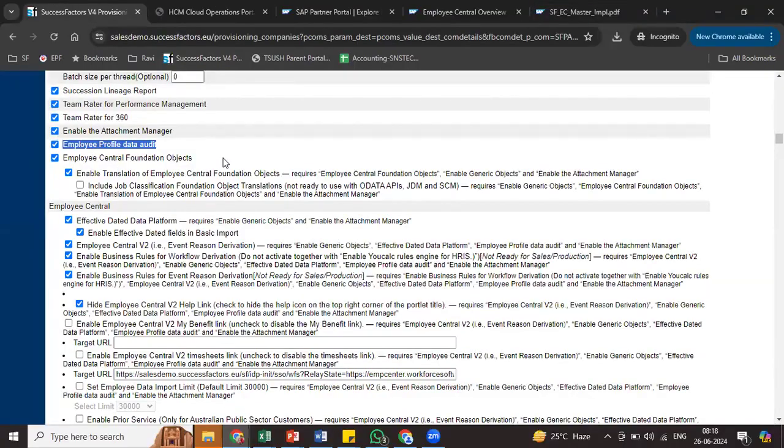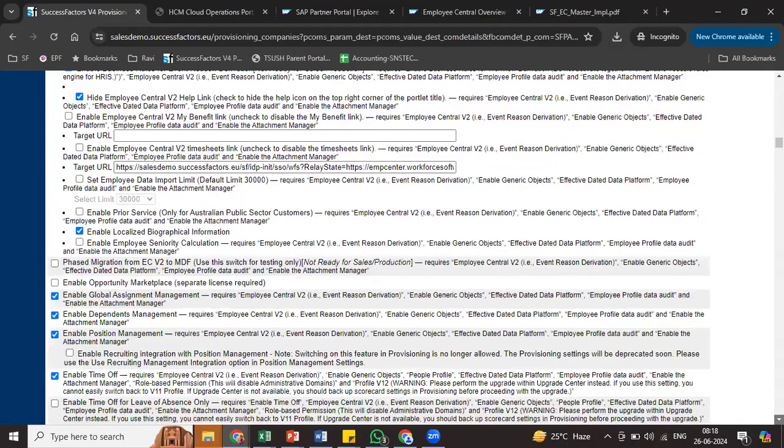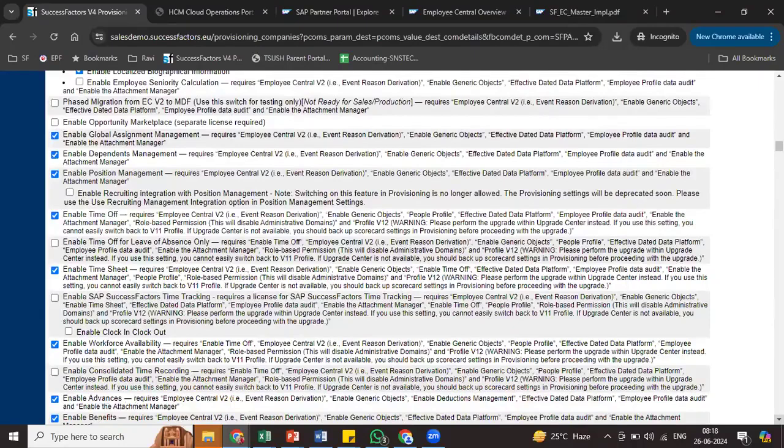Foundation objects are to be enabled. We discussed foundation objects in the kickoff, and we'll be doing that in the coming sessions also. And enable all of the checkboxes that are required. By default, SuccessFactors enables most of these checkboxes, and some of them can be enabled depending on customer needs. Examples are, yesterday we talked about concurrent employment, time off and time sheets, and global assignments. Now you'll find those